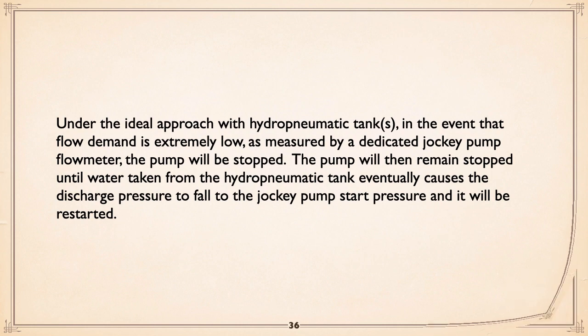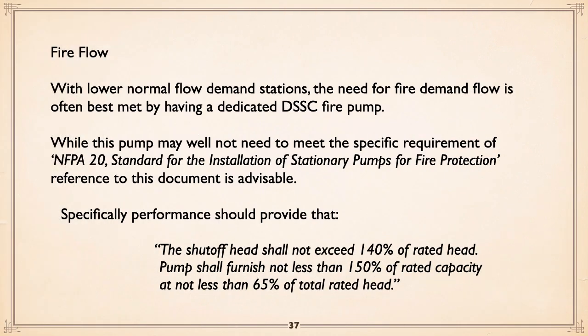Okay, fire flow. Pumping into a closed system, very often you run into the question of needing fire flow. Now, if you've got a number of pumps, say split case, whatever, and they're big enough, then you just simply design that into the station that it can meet what is fire flow along with the peak demand of the system. If not, if the system demand is relatively low, then you may need to go to a dedicated fire